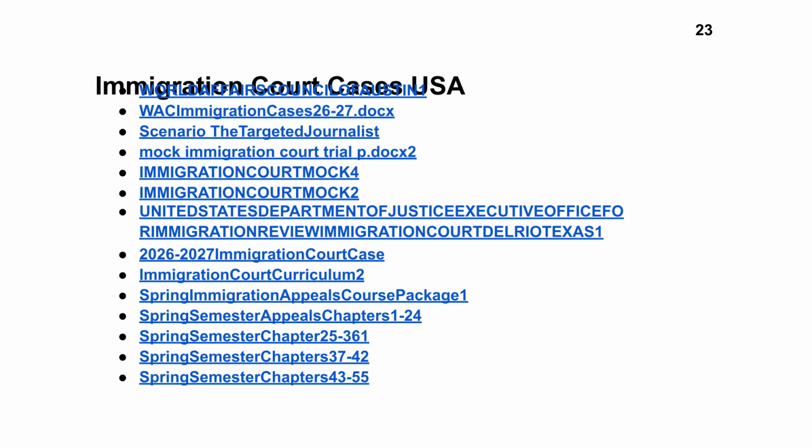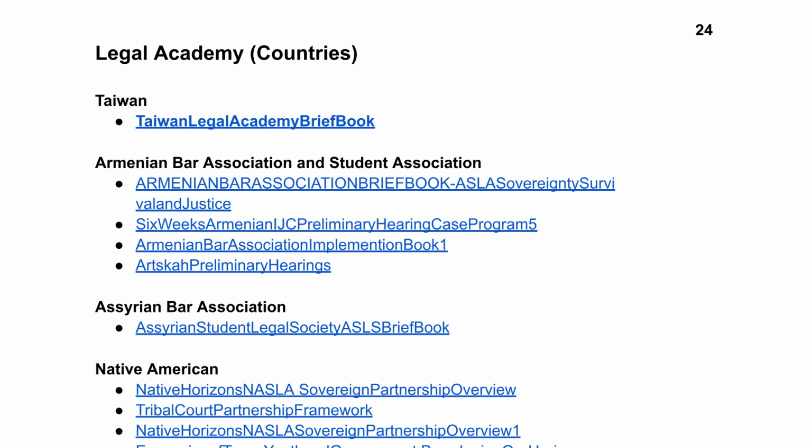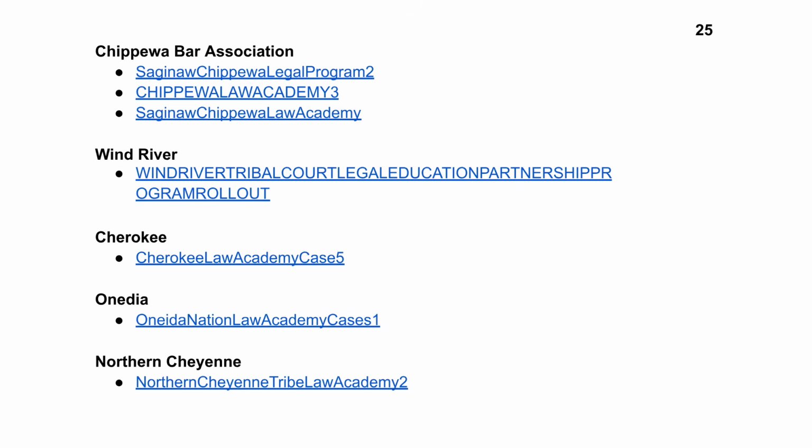For students focusing on U.S. immigration law, this section provides a comprehensive curriculum featuring mock trial packets and appellate materials designed for use in administrative and federal court simulations. This section covers legal academy programs across various regions, featuring brief books for Taiwan, the Armenian Bar Association, the Assyrian Student Legal Society, and Native American Sovereign Partnership frameworks. Resources for Chippewa, Wind River, Cherokee, Oneida, and Northern Cheyenne legal academies are available here, providing structured pathways for tribal